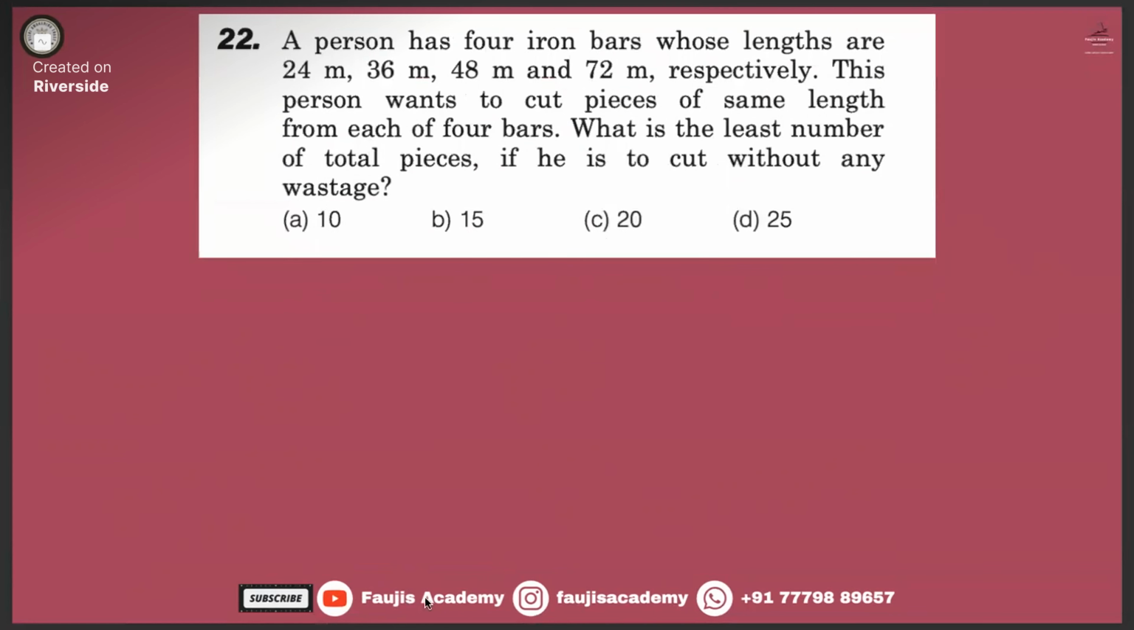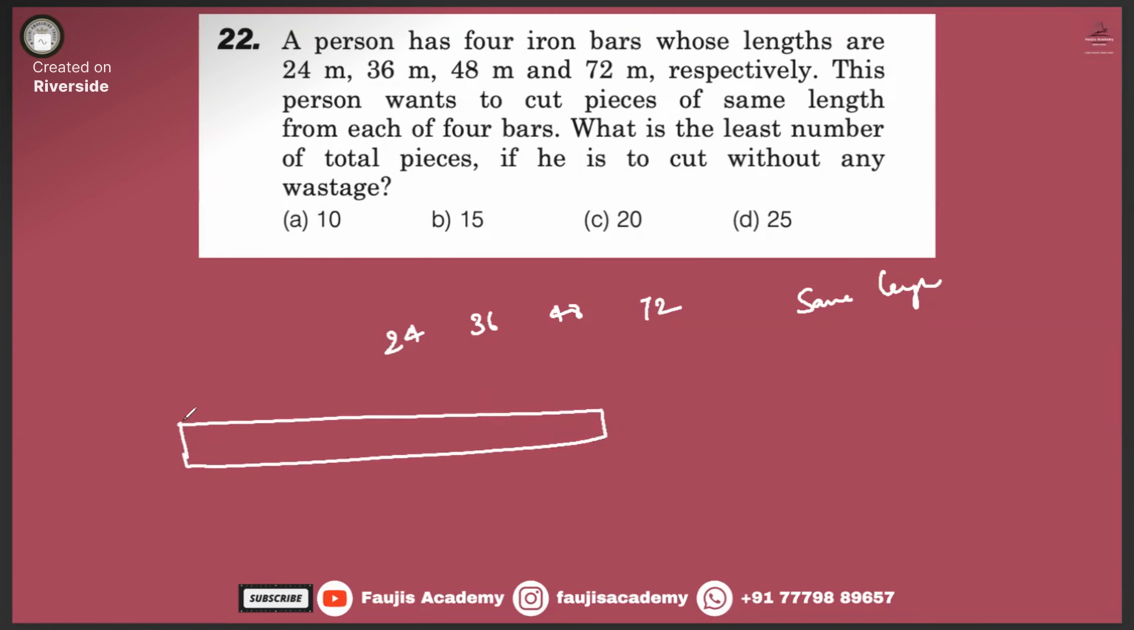Yeah, look at this question. A person has 4 iron bars whose lengths are 24, 36, 48 and 72 meters respectively. This person wants to cut pieces of same length from each of the 4 bars. What is the least number of total pieces if he is to cut without any wastage? Let us say it is like this. Okay. What they are saying is that what is the least